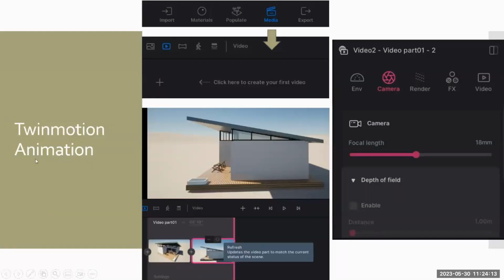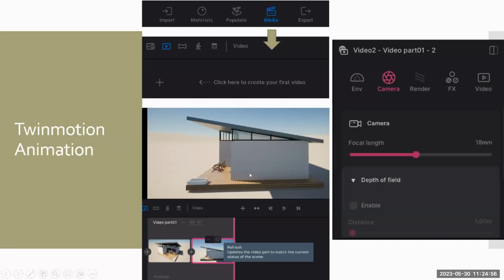This is a little bit of animation or creating a video on Twinmotion. This is the footer where you will find media. To do a video, you could do an image, a video, a pan, a walkthrough. For video, you would just click video, start a new video. And from here, you would click the plus sign at each scene that you make on your project. So to do a pan, just move your scene each time and refresh it here to create that moving motion